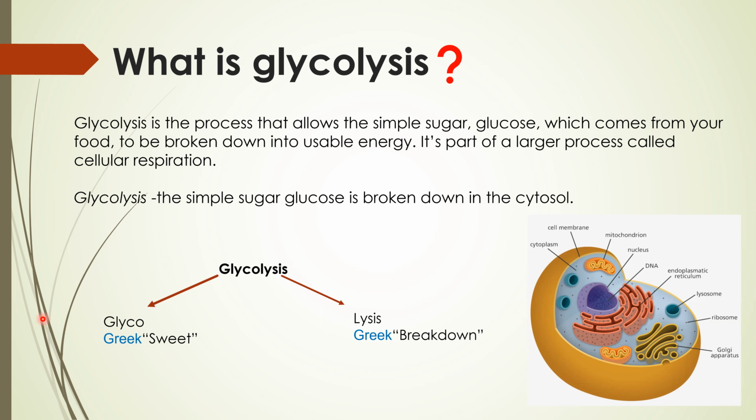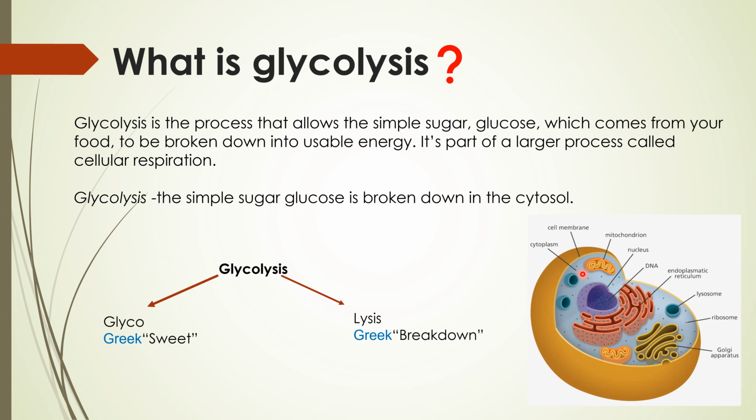So glycolysis, in general terms, is the breakdown of the simple sugar glucose, and this happens in the cytosol. The cytosol is what you are familiar with as the cytoplasm. This is the watery phase of the cell, outside of the nucleus, and the cytoplasm is covered with the cell membrane, as you can see from the image. I have put that image for your understanding, so you should know where glycolysis happens. It happens in the cytosol or the cytoplasm, right? Then the metabolites that are produced will go into the different organelles of